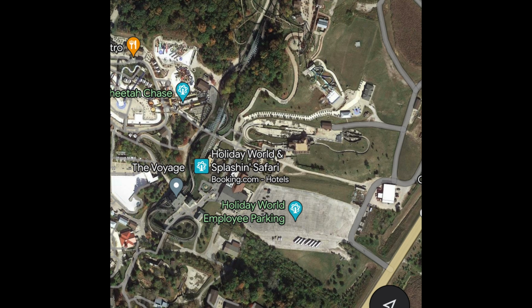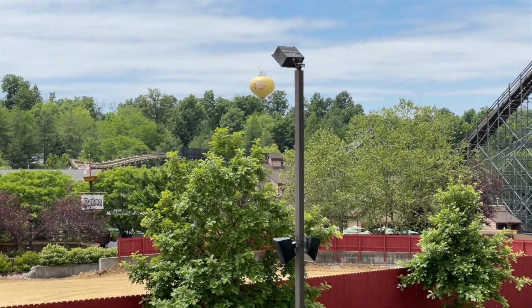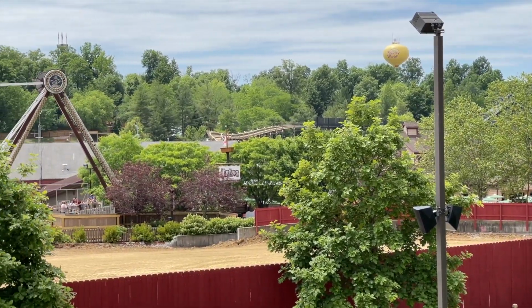I feel like if they add over here, it will be an extension of Thanksgiving. But a happy birthday section honestly wouldn't be the most terrible theme of all time. They are Holiday World, and is it really a holiday? That's up for debate, but it would fit in with their different land themes. And at first, I really thought happy birthday was not the greatest idea, to be honest. But